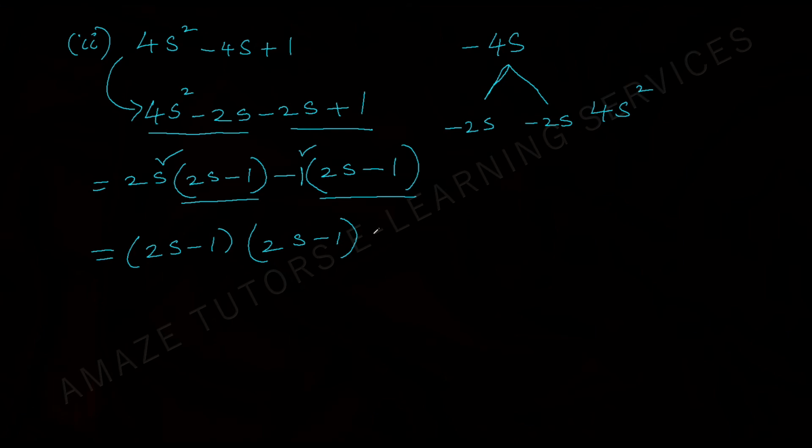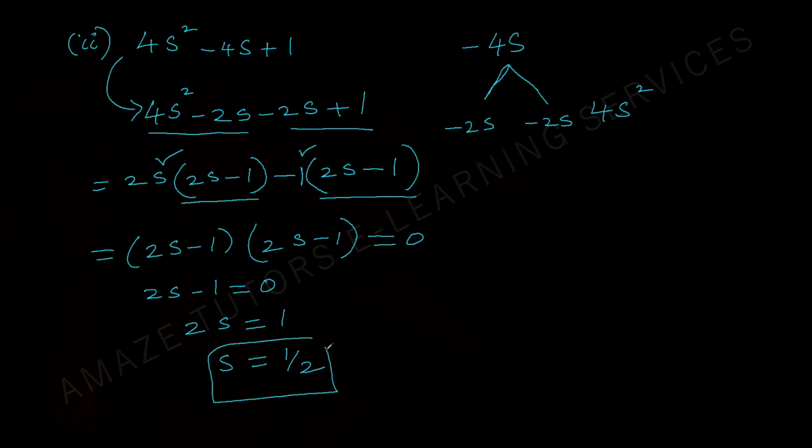Now to get the solutions or zeros, equate this to 0, solve both. Both are the same. So you're going to get the same answer twice. So what is the very next step? Take negative 1 to the other side, positive 1. And when you take 2 to the other side, division, 1 over 2. So for the other equation also, s is equal to 1 over 2. Now these are the roots. Let's try to find out the relationship between the zeros and the coefficients in the next page.